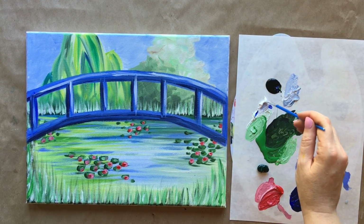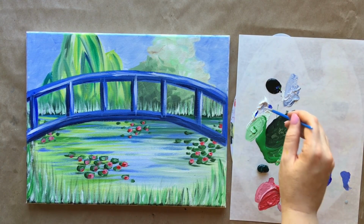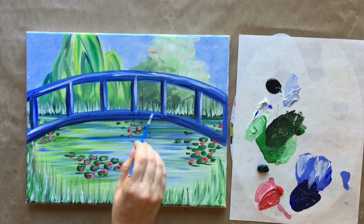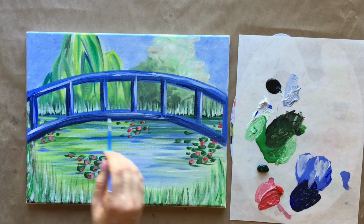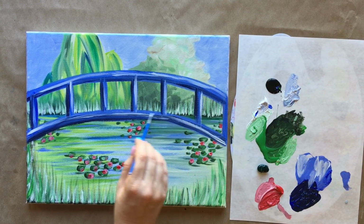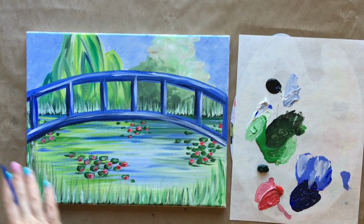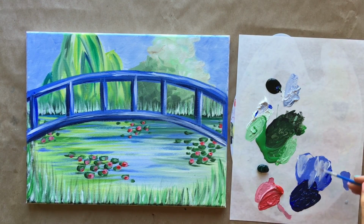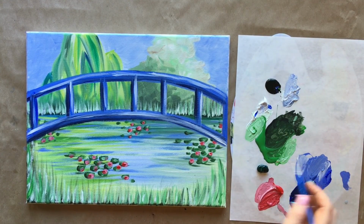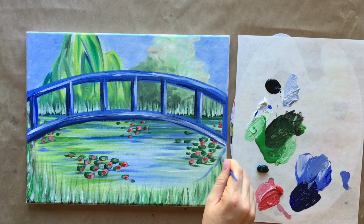It's okay if your brush strokes are messy, stylized. That's what we're going for. Okay. Final little piece de resistance step here is going to be to create the reflection of the bridge below. So I'm just going to grab a little bit of that medium blue again, and I'm going to create essentially the mirror image